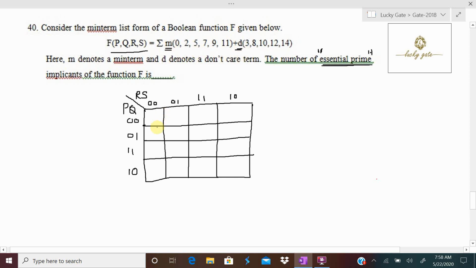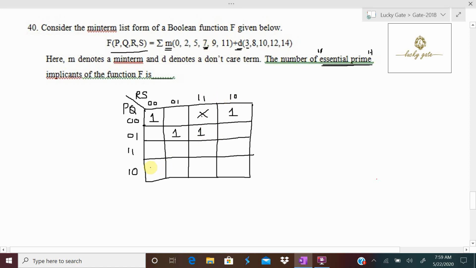Here 0 is the first minterm, marked 1, and this is 1, and this is 2, also marked with 1, and this cell is 3. Observe that 3 is a don't care, and don't cares in the K-map are represented with a cross. And this is 4, and this is 5, and the 5 minterm is there in the given boolean function. Next, this is 6, not there, and 7 is a minterm in the given boolean function.